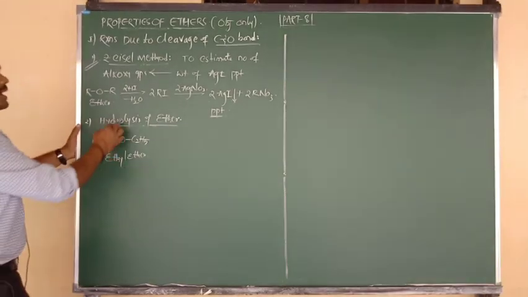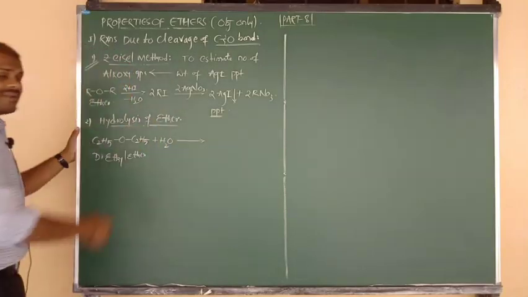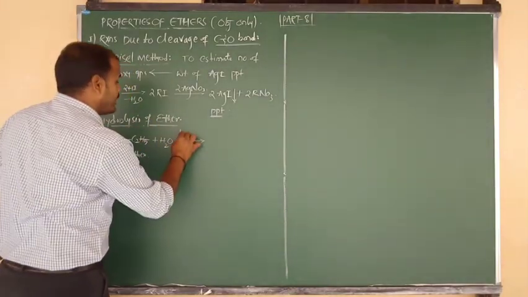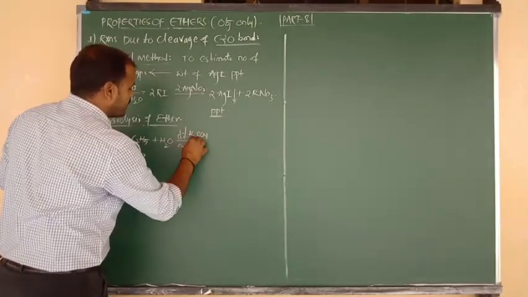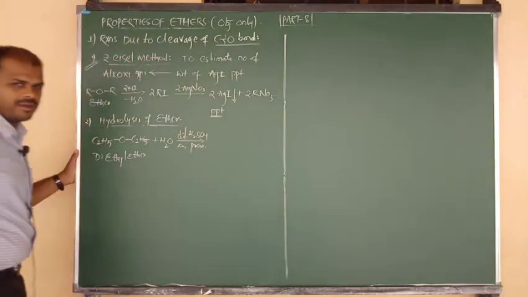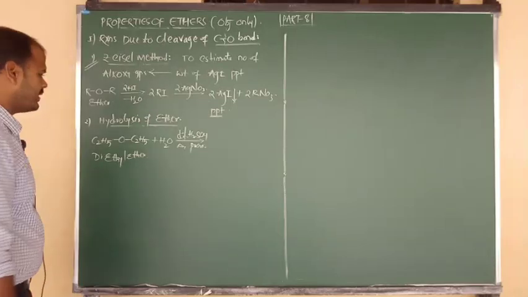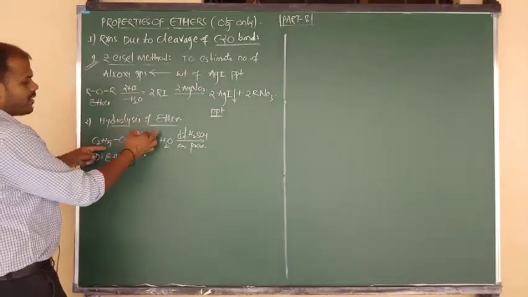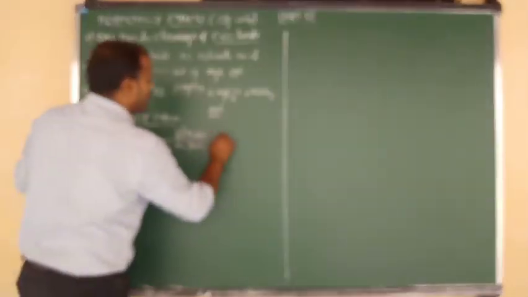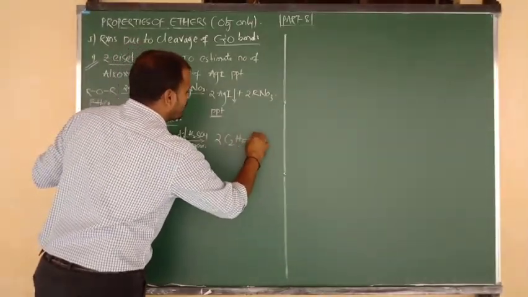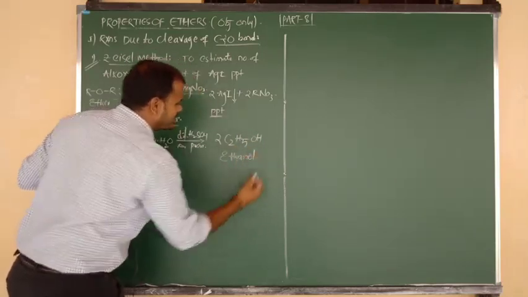Upon hydrolysis, that is addition of water, for the purpose of hydrolysis we take the help of dilute sulfuric acid, and use suitable temperature and suitable pressure, because only under specific conditions will ether show its chemical properties. So C2H5-O: from the water molecule it takes H+, and the remaining OH attacks the ethyl. So at the end you get 2 moles of alcoholic group. This is ethyl alcohol, or ethanol.